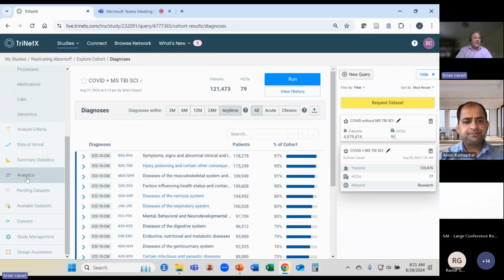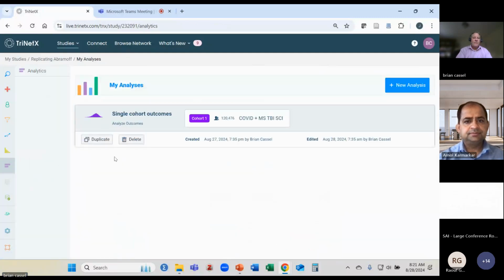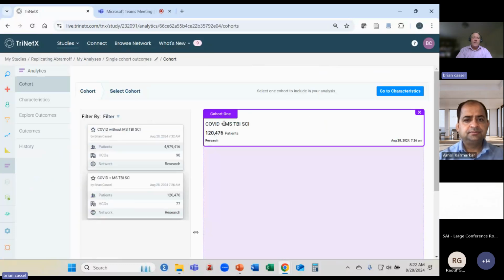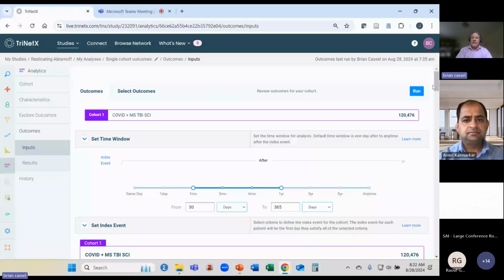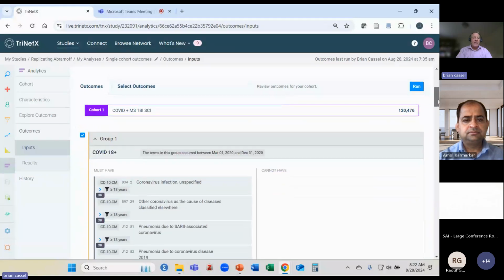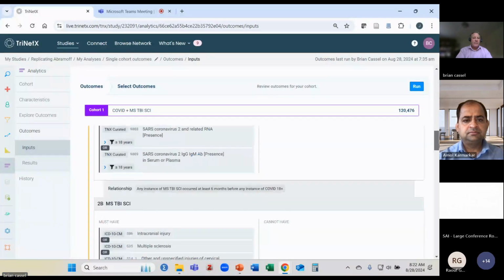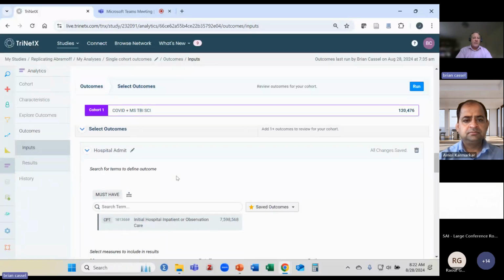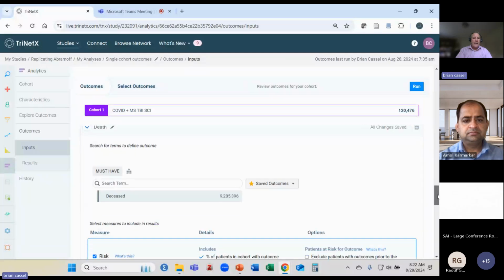We're going to go down to analytics. So if I was only interested in looking at the analytics for the COVID with pre-morbid conditions cohort, I could do that and look at the outcomes here. And I did, in fact, set some of those up last night so I could look at things like hospital admission and death